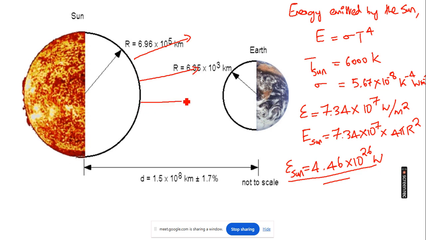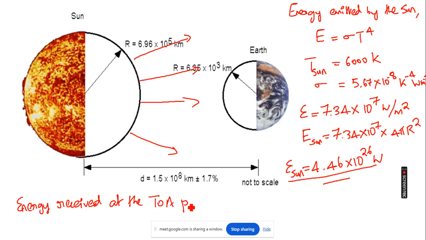So this sun's rays has to travel a distance of 1.5 into 10 raised to 8 kilometer to reach the earth. So this is basically the earth sun distance. As it travels this much distance, some energy will be lost. So in that case, what will be the energy that is reaching at the top of the atmosphere? Energy received after traveling this much distance. Energy received at the top of the atmosphere per